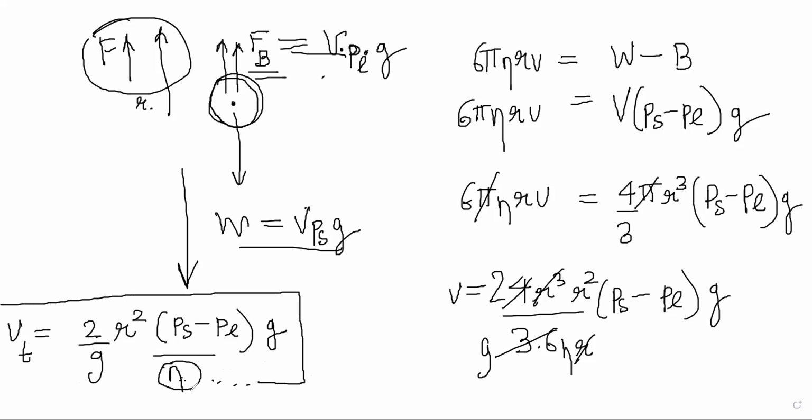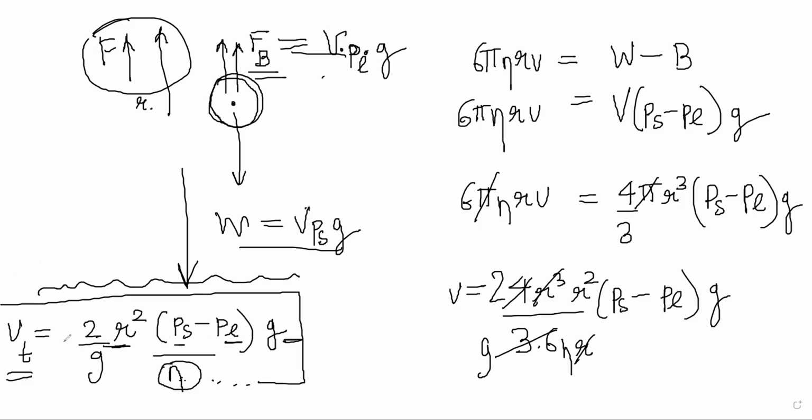So what they do is drop a tiny spherical body through a liquid, and now they measure the velocity of the body as it comes down in the liquid. Eventually it will follow this Stokes law terminal velocity. They will measure the velocity, they know the radius, they know the densities and all, and now they'll get eta, right? So that is a more convenient way to find out each liquid's viscosity.